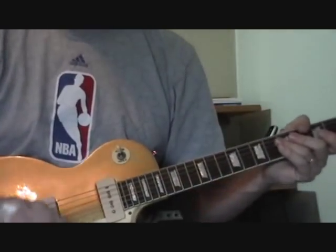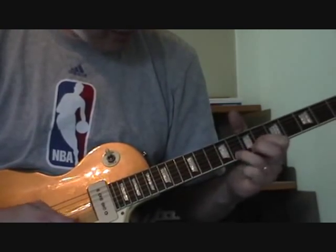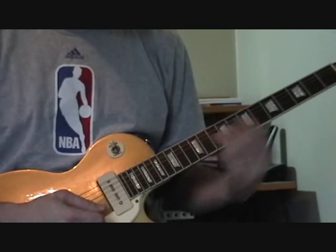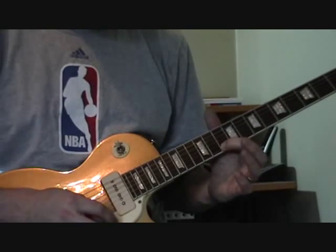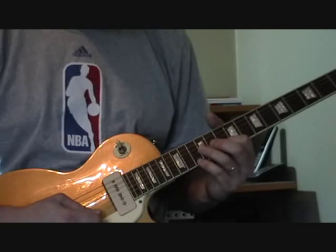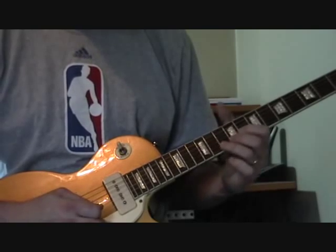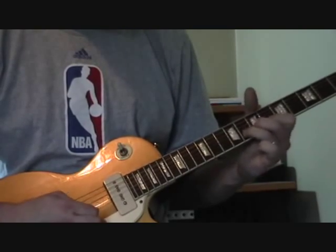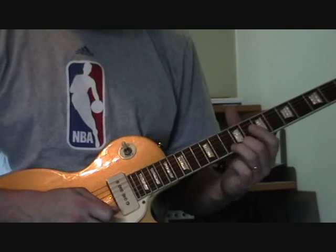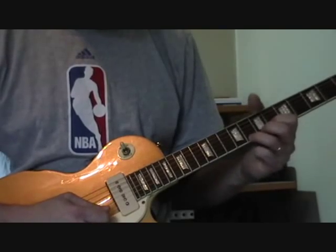One last Freddie King lick that he does. Sometimes when he gets to the 5 chord, he'll go down like this. Something along those lines. What I'm doing is going to my G chord down here, my second position bar chord. Got my first finger on the 10th fret of the first string and my pinky down to the 13th fret of the first string. Then I'm going chromatic run from the 10th, 9th, and 8th fret on the first string. And I'm back into my blues box here